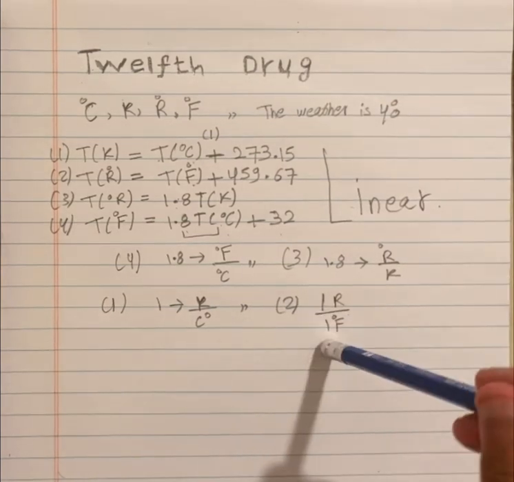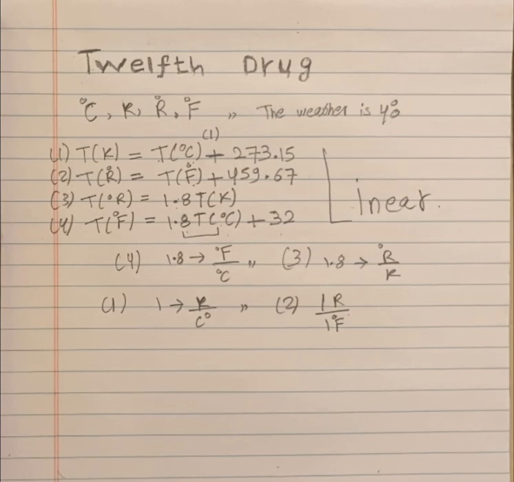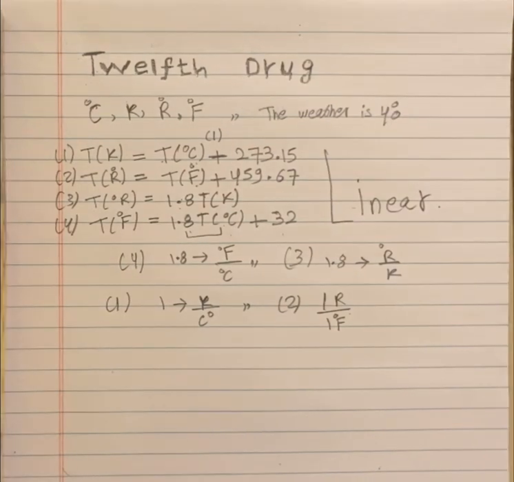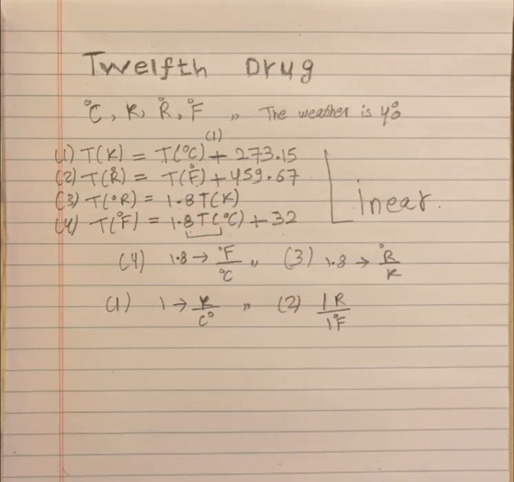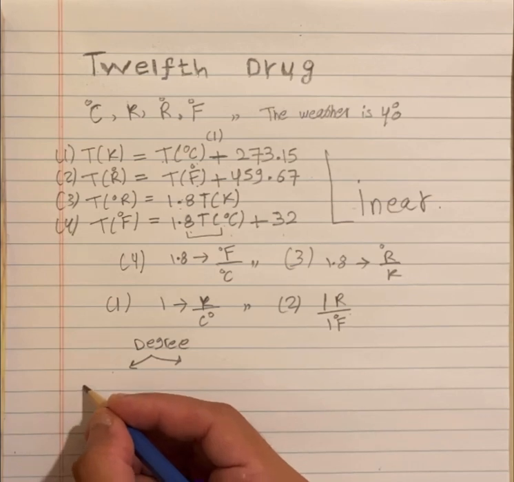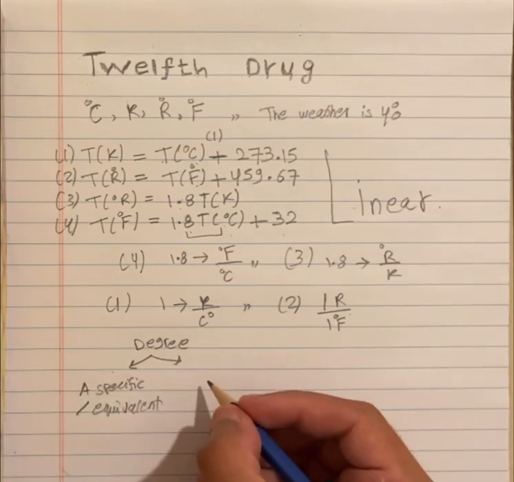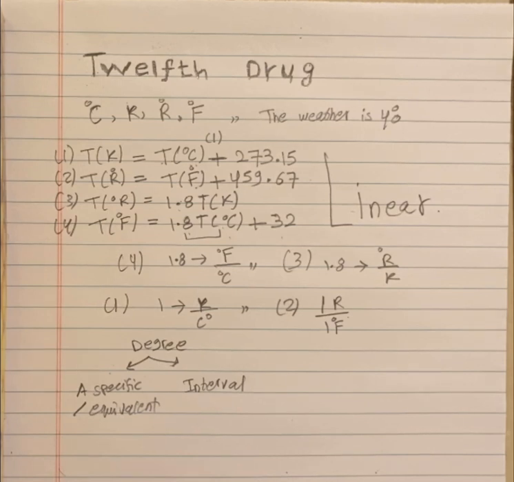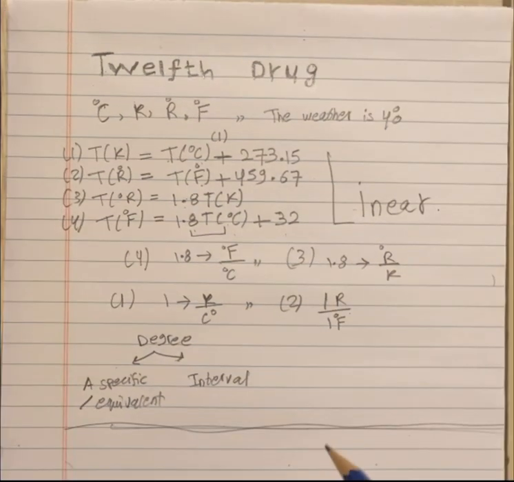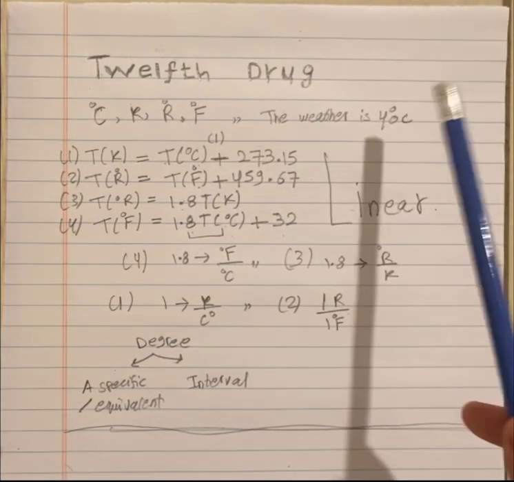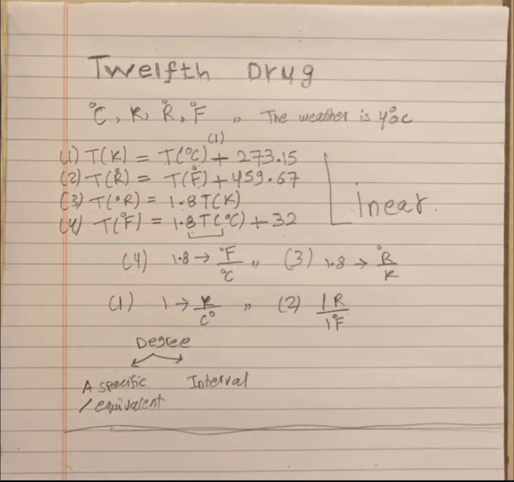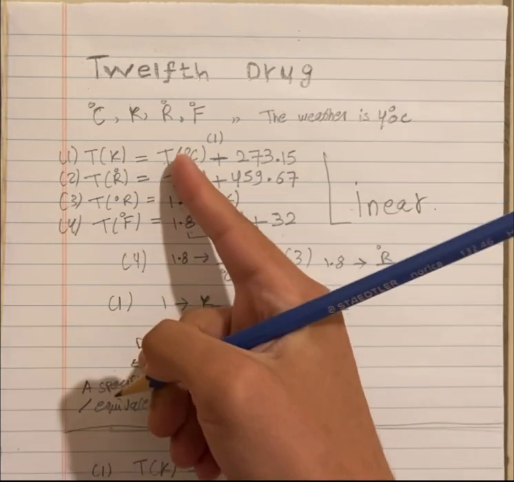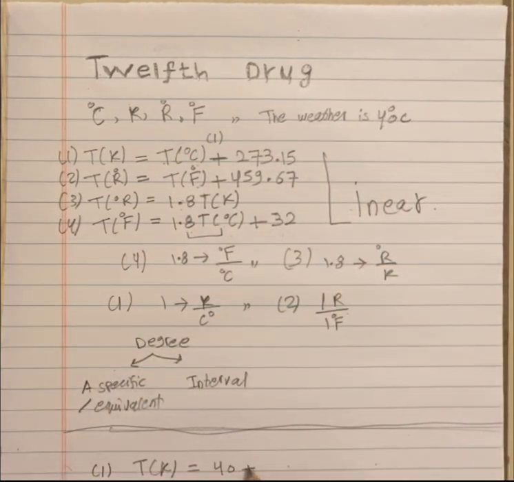What I have written in these four relationships is something fascinating: interval. So a degree, whether it was Kelvin, Rankine, Fahrenheit, or degrees Celsius, consists of a specific number of equivalents, or they consist of an interval. I'm a huge fan of illustrating a certain concept by an example, so let's do it now. Recalling the 40 degrees Celsius, we want to know what it is equal to in terms of Fahrenheit, Rankine, and Kelvin. Starting with equation 1, T in Kelvin is equal to T in Celsius, which is 40, add to it 273.15,